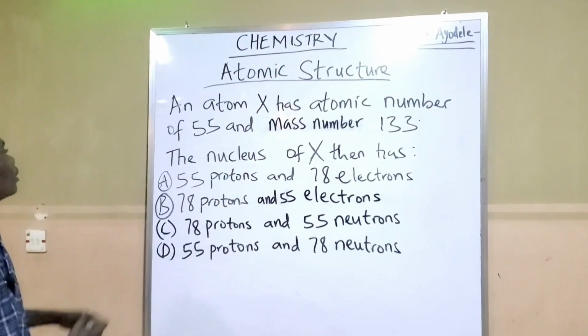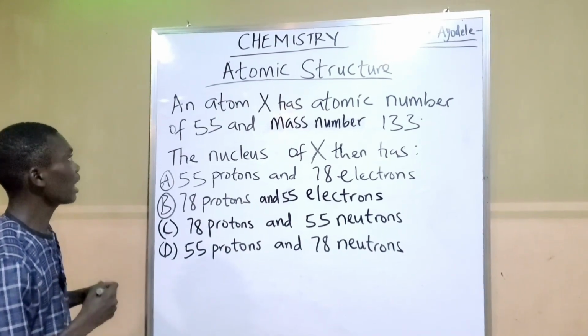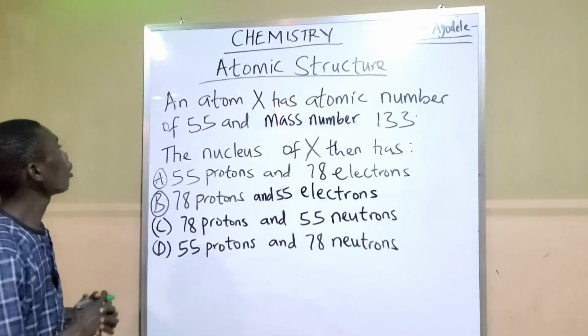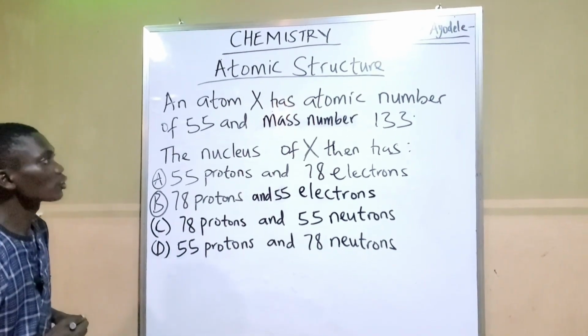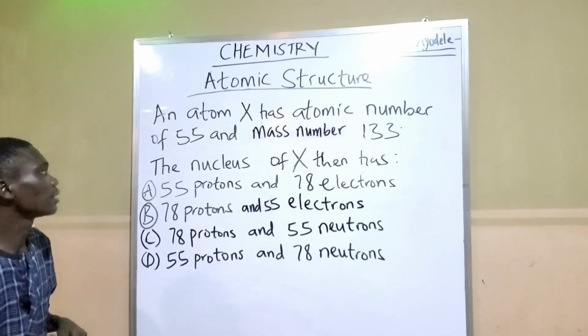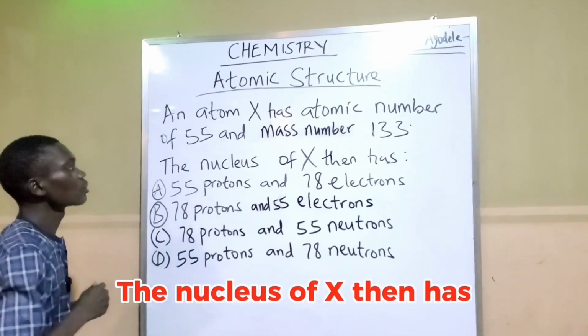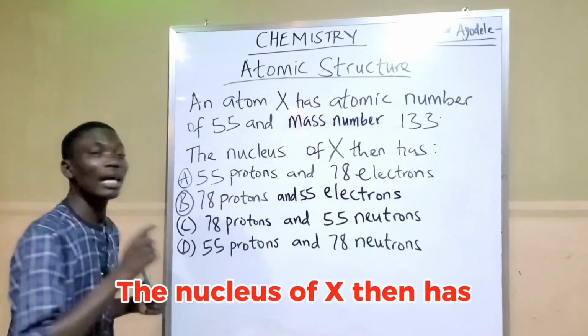The question says, an atom X has atomic number of 55 and mass number of 133. The nucleus of X then has,